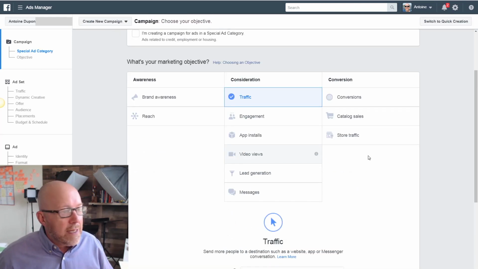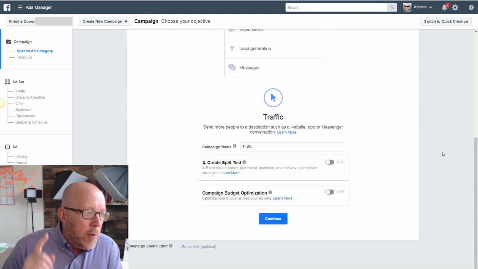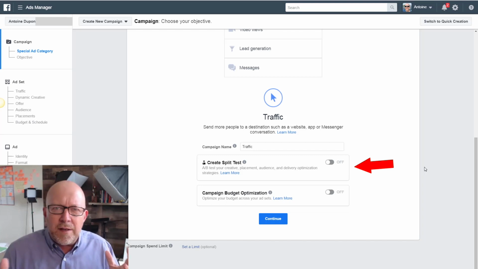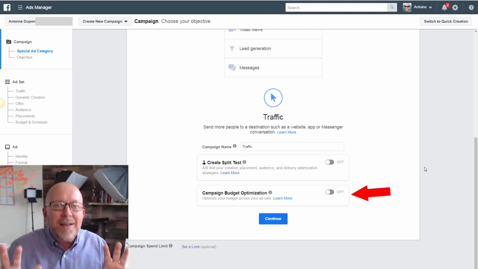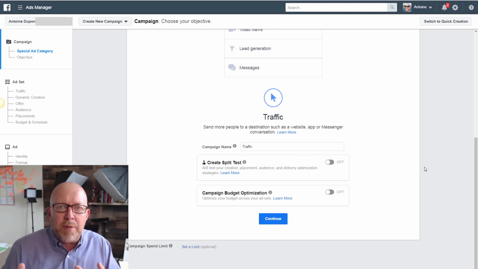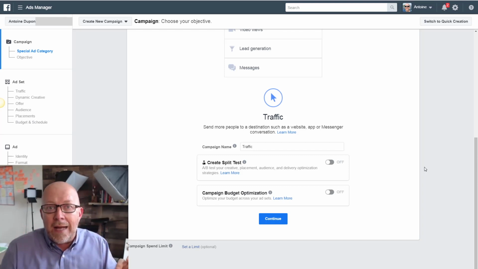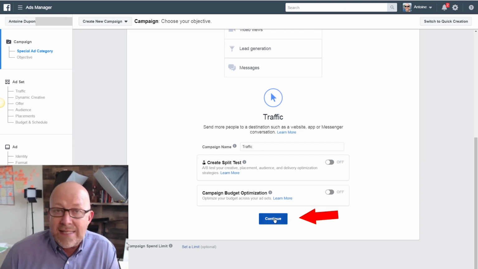So I'm going to click on this, and the second I click on traffic, it is going to open up a couple more options right below. Create a split test, which is running campaign A versus campaign B, is fairly advanced, and it requires a much bigger budget. And there's the campaign budget optimization, which again is great if you want your entire campaign limited to a specific budget, but you can do that at the ad level. So remember, you have a campaign, and inside of a campaign you could have 4 or 5 different ads. Each ad can actually be set to a specific budget, which is what I want to do. So I'm not going to touch either of those, and I recommend you do the same